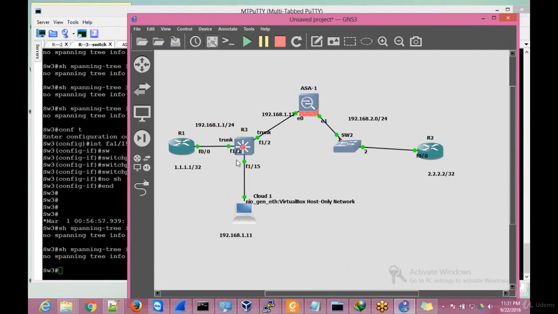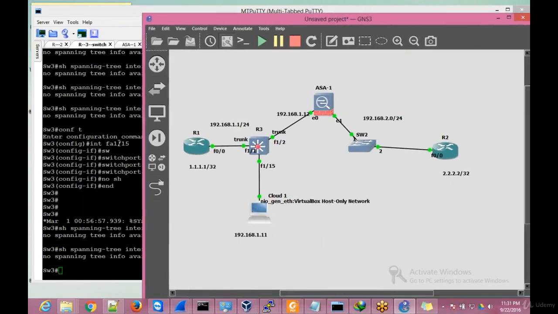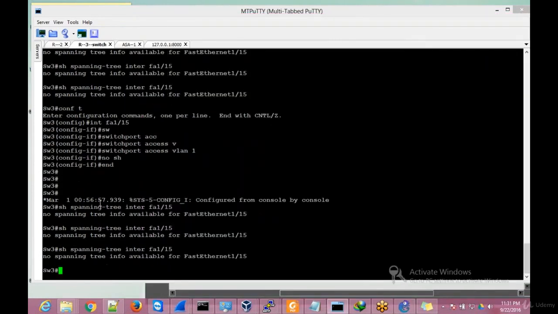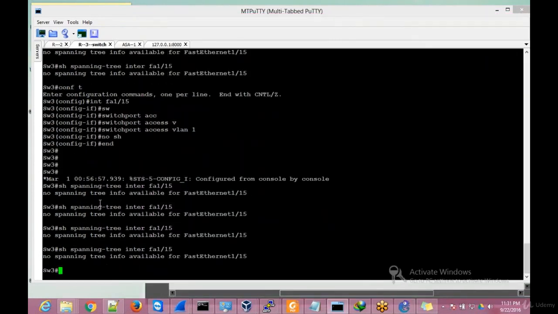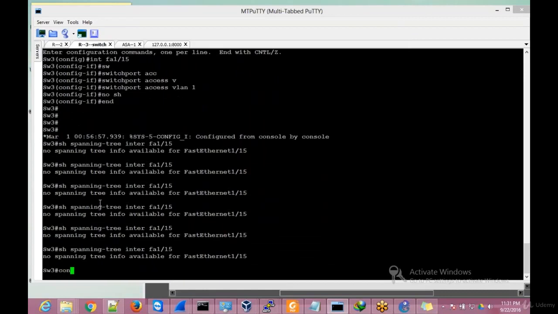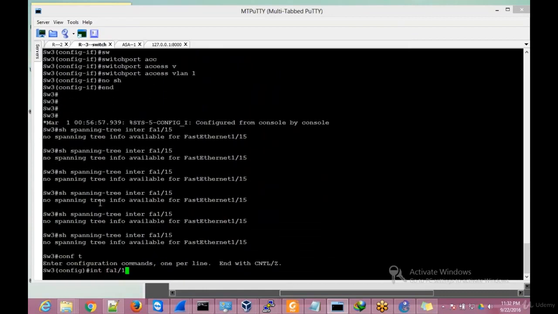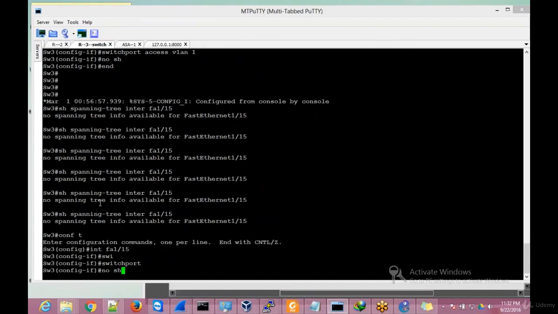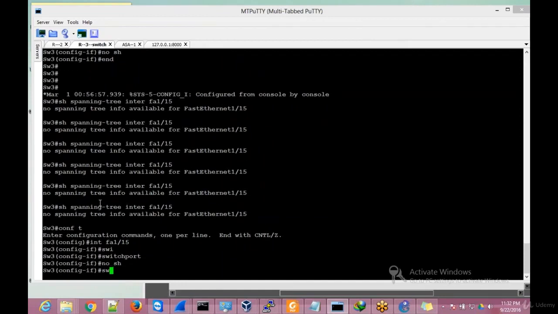Why? This is the problem with the simulation. There is no real time problem, but still you can see that if you have an issue, what are the parameters you can check. Okay, so interface f1/15, if I make this switch port, no shut,